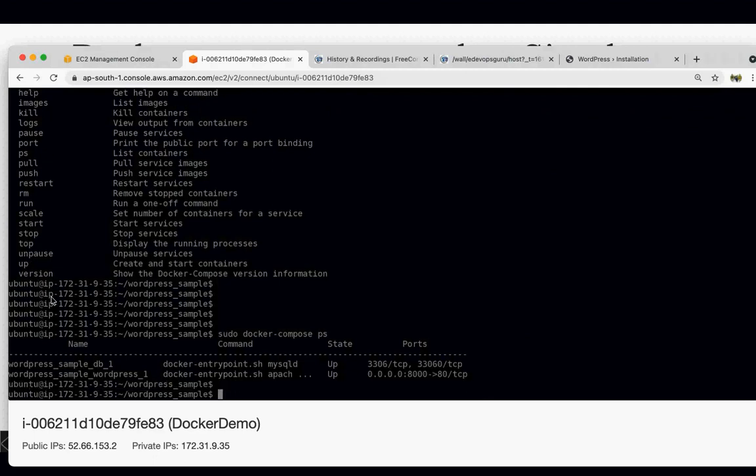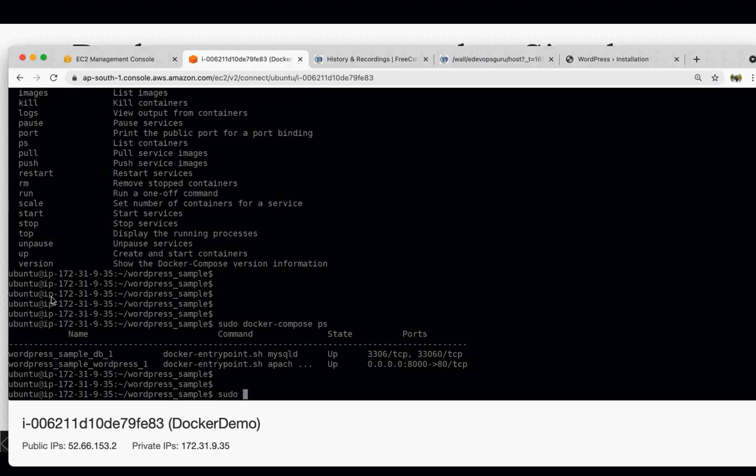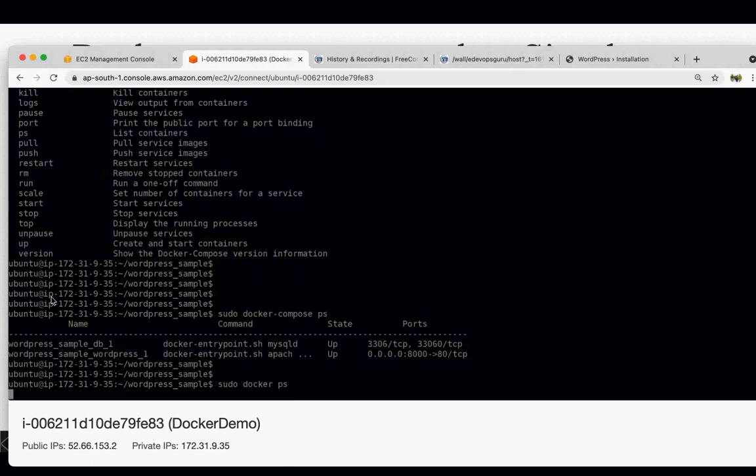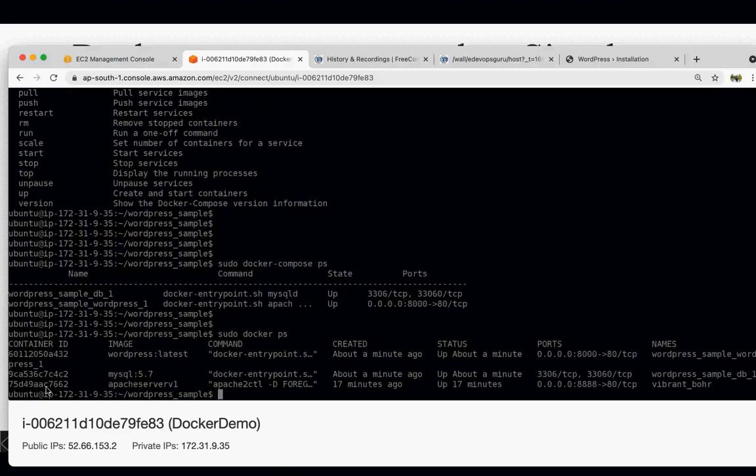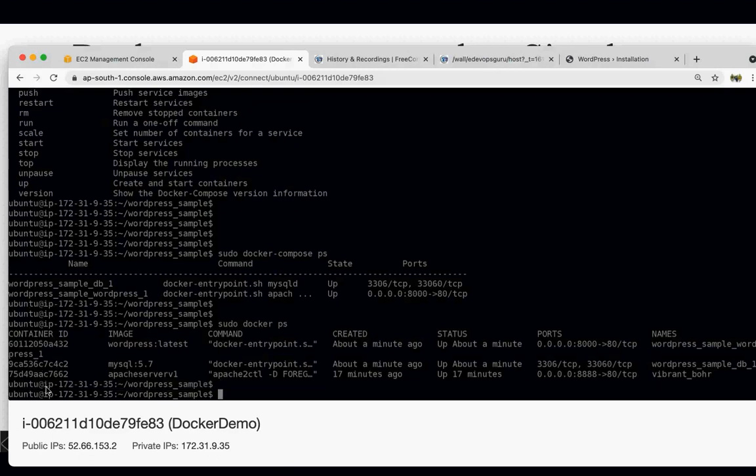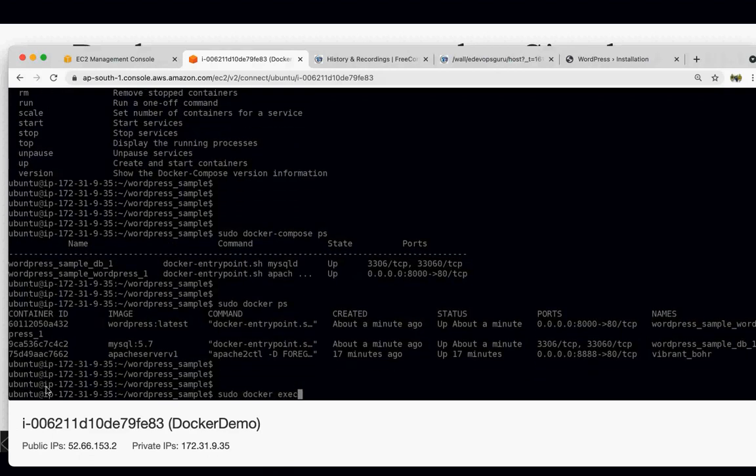Similarly, you can go into each and every Docker container also. For that you have to get the Docker container ID, sudo docker ps. Here you can get the ID. Then you can write sudo docker exec -it. I is for interactive, T for TTY, and then the ID, for example 75 D4.